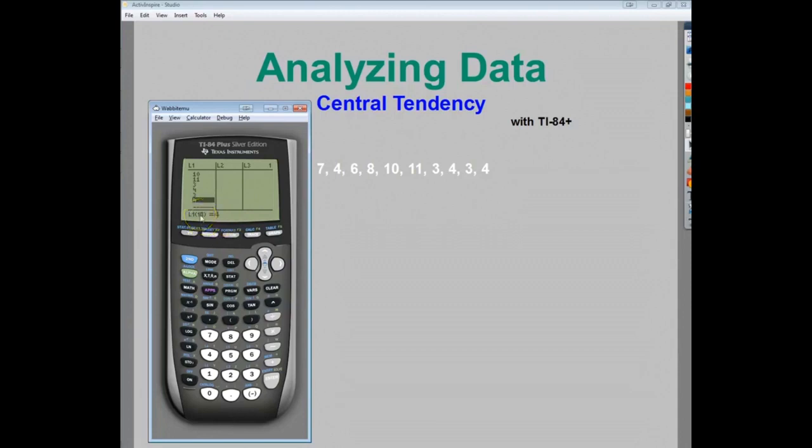It says L1, which means list 1, and in parentheses it has 10, which means there's 10 values in list 1. So you count up your values, and there are 10 of them, so you know that you have the right number in there. You might want to, just to be thorough, go back and check, whatever. Anyway, now that I've